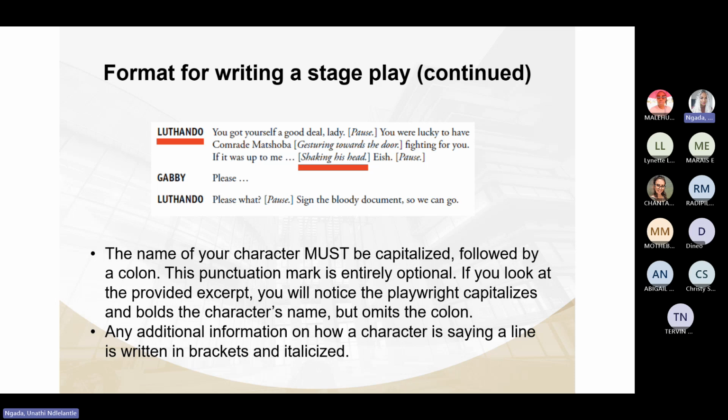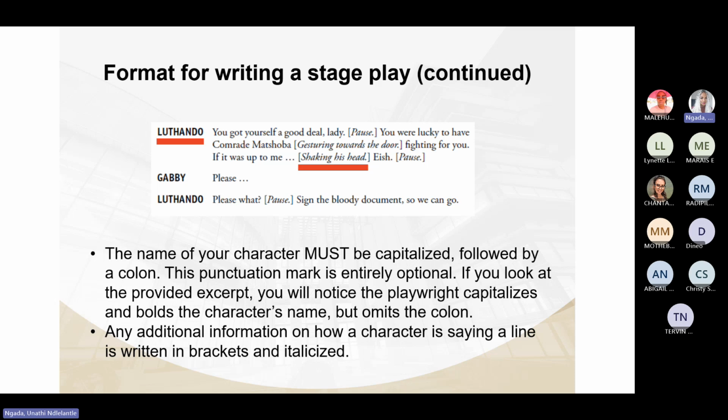And then with the character names, write them in capital letters, followed by the colon, or you can write in capital letters and then omit the colon. So what I want us then to do is just a very small activity, a 5-minute activity,